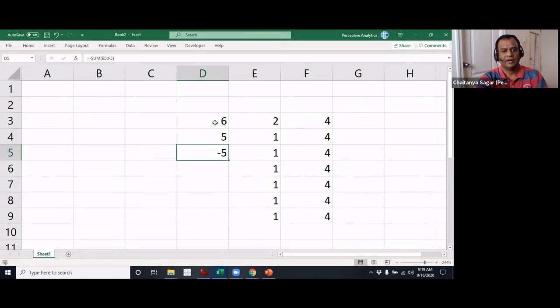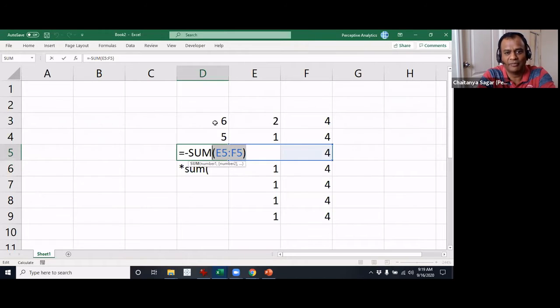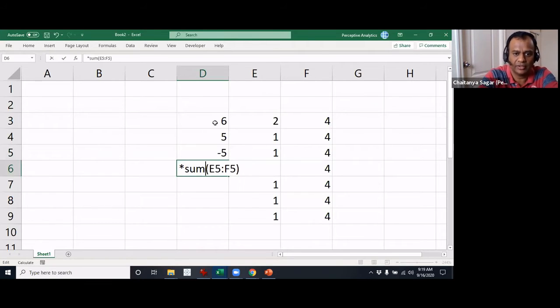However, this is not true with a multiplication symbol. That won't work. You can check this. First of all, it's not even giving the formula because it is not a formula so far as Excel is concerned. So this doesn't work.